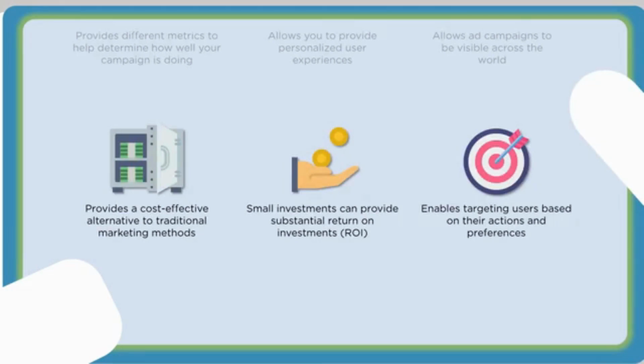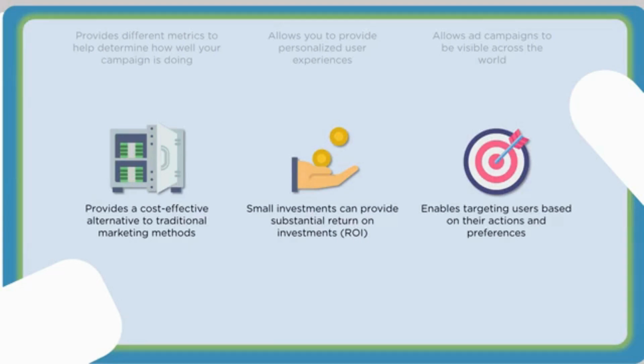Some other experiences or uses for digital marketing, again, it provides a cost-effective alternative to traditional marketing. So, for those that are familiar with purchasing advertising on, say, TV or radio, you have to pick a spot, you have to pick a program, and then pick a time slot associated with that program. So somebody's watching a program and that program tends to draw in a specific target audience, then you want to show your ad around the time when that program is slotted to air on TV because you're likely going to reach your audience. However, to purchase that time slot could be competitive and could be very costly,